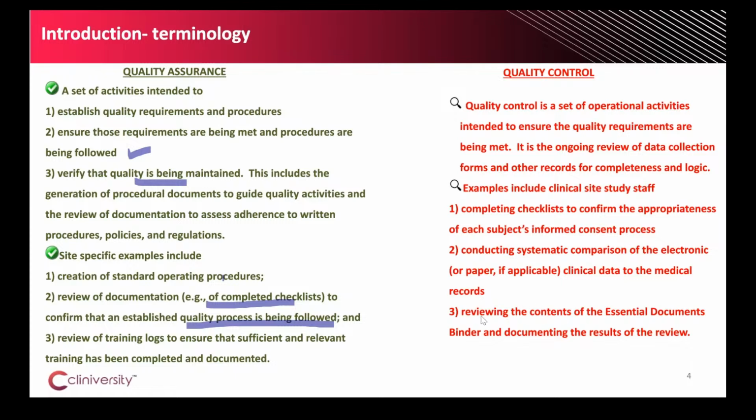Also then from the essential documents or the binders or the trial master files, contents of the essential documents, and also documenting the results of the review. If the content is right, the TMF, all the required files have been placed, or is it that a specific milestone has passed, but relevant documentation is still missing? An example of this would be there has been a recent post-production change. So a milestone was a post-production change, but relevant documents of the post-production change are not present. For example, all the changes, all the new versions of the CRF screens are absent, or